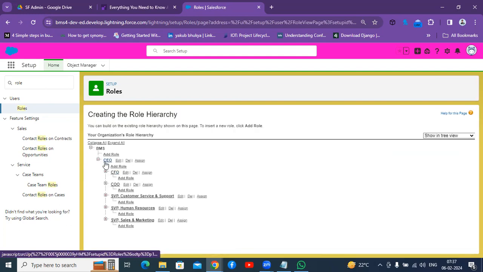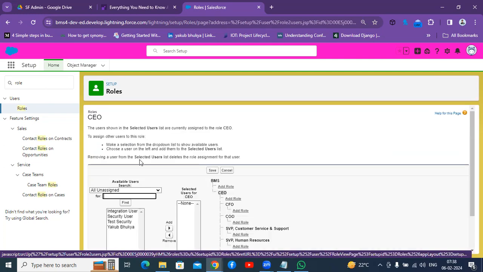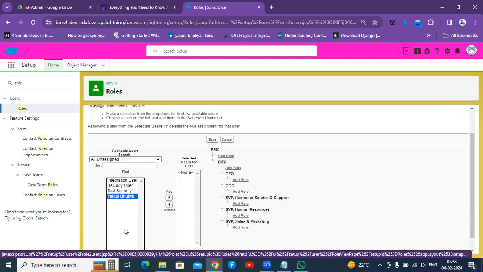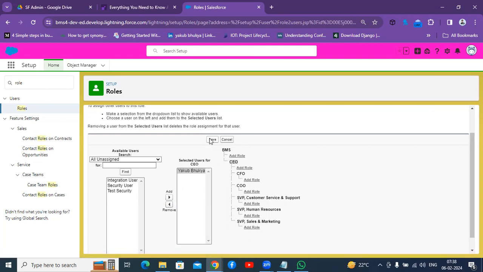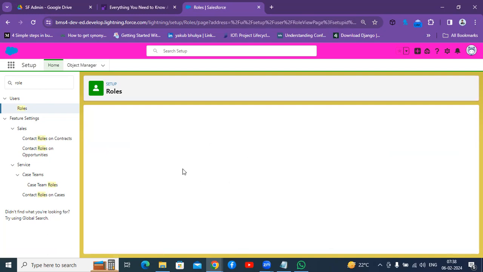Coming to the CEO, I'm clicking on CEO and expanding it. You can see CEO, edit, delete, assign. If you want to add a user to this role, you can perform assign. Whenever you click on assign, it will give you all the users. So now I am making myself the CEO.